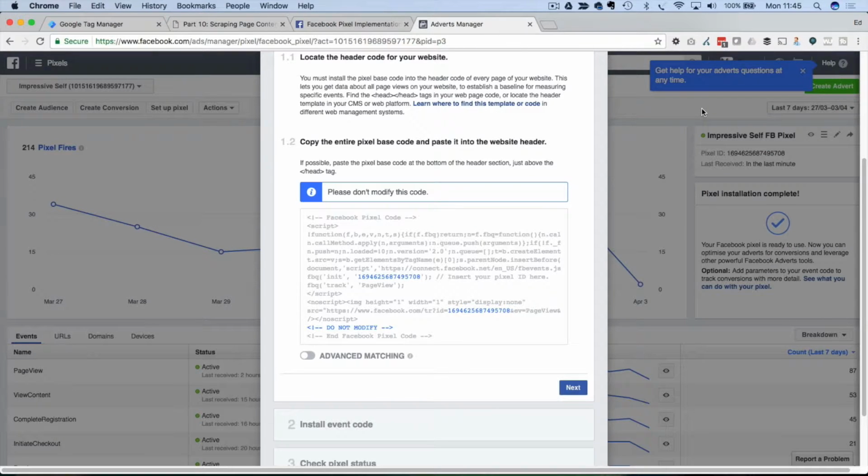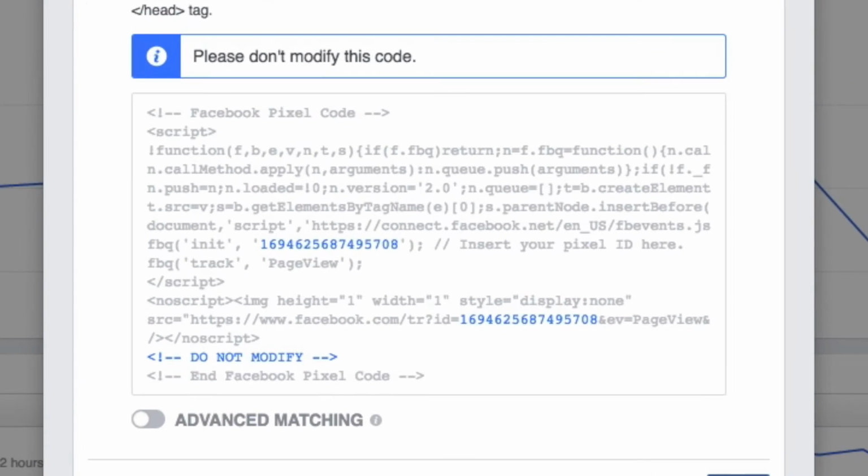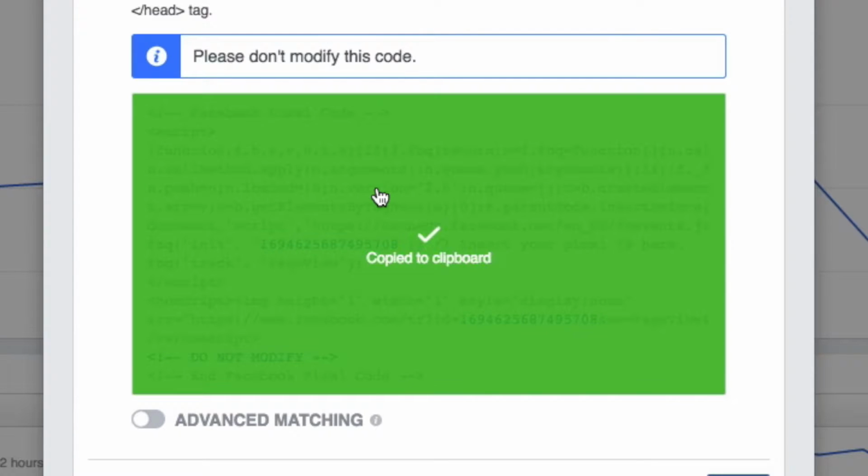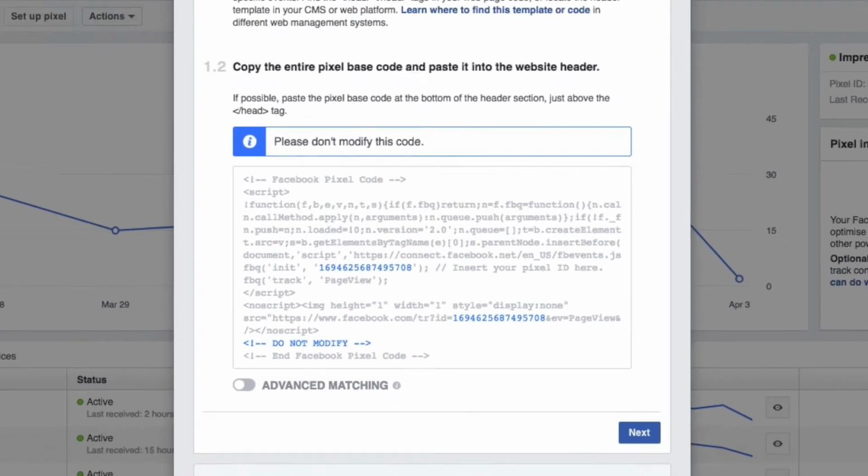In this section, we're going to place a Facebook marketing pixel onto our website and configure it. The first thing you need to do is go to your Facebook Ads Manager and create the base code. So the base code looks like this. There are plenty of tutorials on how to do that. It's fairly simple. I'm just going to copy all of that to the clipboard,